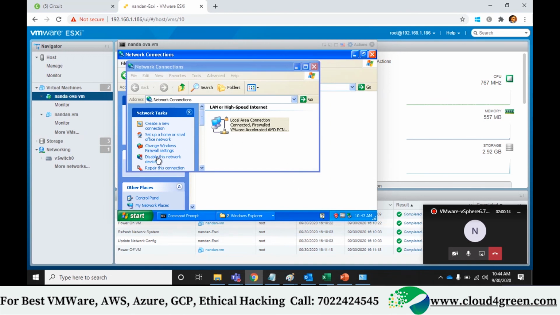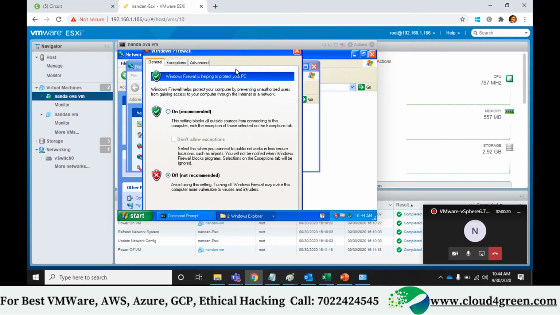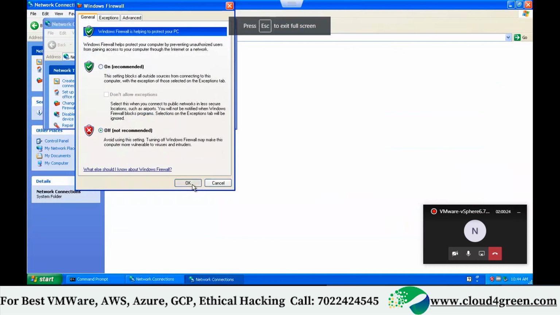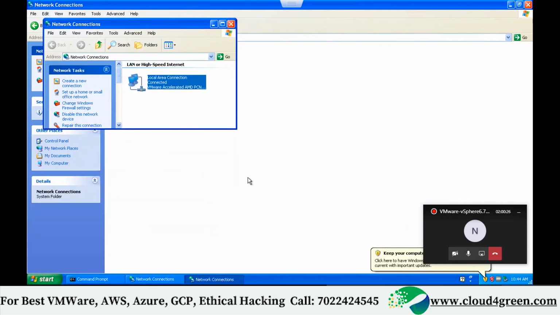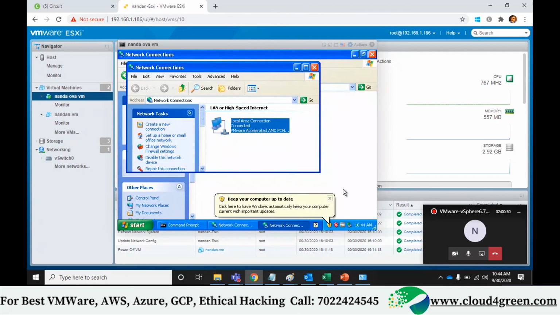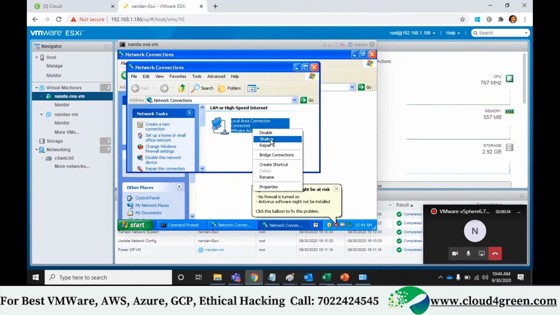I'll turn off the firewall so that you can ping also. Can you ping 115, all of you, from your machines? Ping 115. It will ping now. 192.168.1.115. Pinging or not?